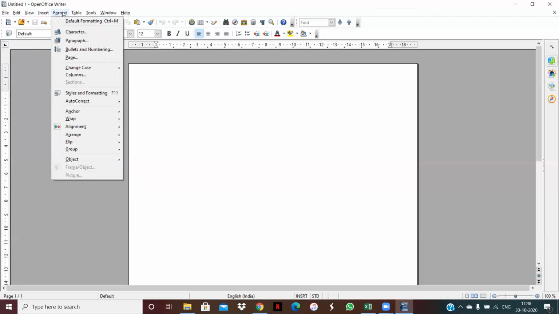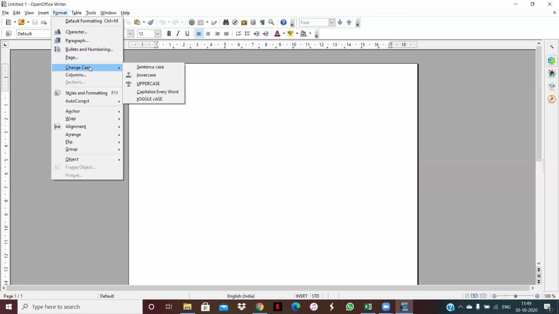Next one is here, Format. Format means, my dear students, as the name suggests, format means what? It shows the formatting of the text. Means with the help of the Format tab, we can do the formatting of the text. Means want to set a paragraph, want to set the bullets and numbering list. Bullets means if we want to set our data without sequence, then we use a bulleted list. And numbering, when we want to represent our data in a sequential manner, then we use a number list.